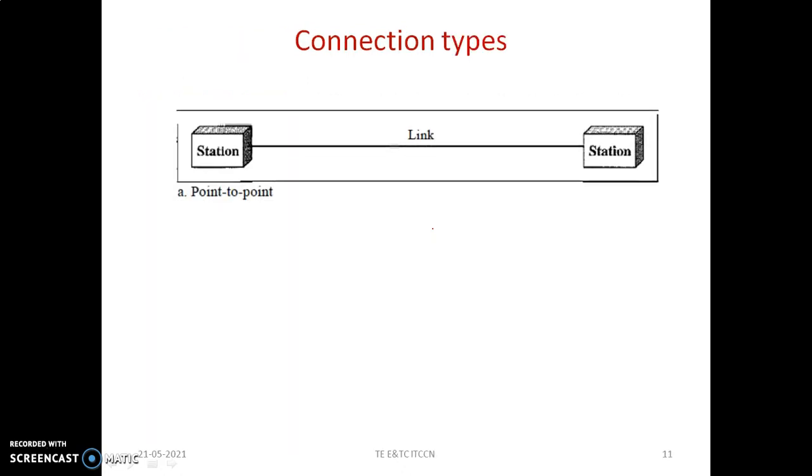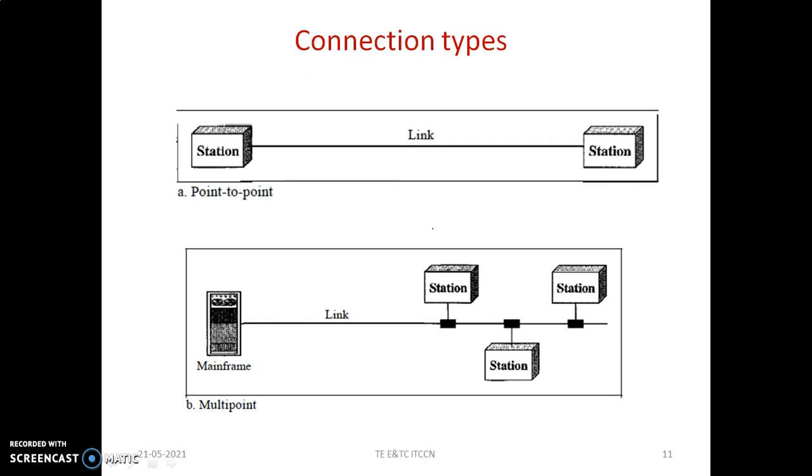This is a pictorial representation where it shows the dedicated link for communication between the 2 devices. And this is the communication that can be either temporal or spatial, wherein this mainframe is connected to the different nodes and all of them are sharing the same link at a time, or in terms of time slots. That is what a multi-point connection is. So in the next session, we'll go with the topologies of the networks.